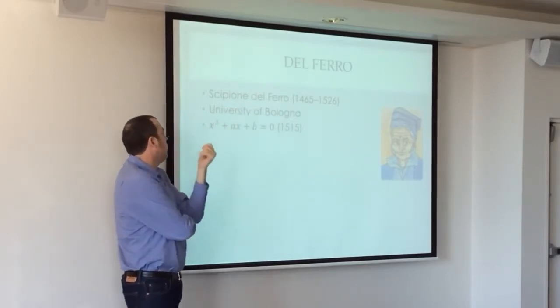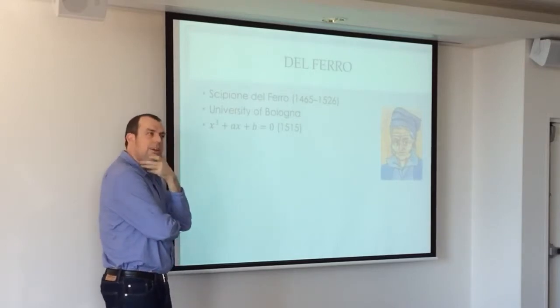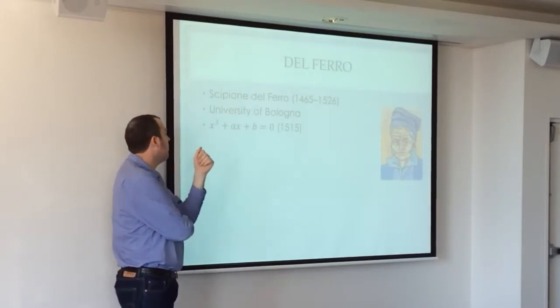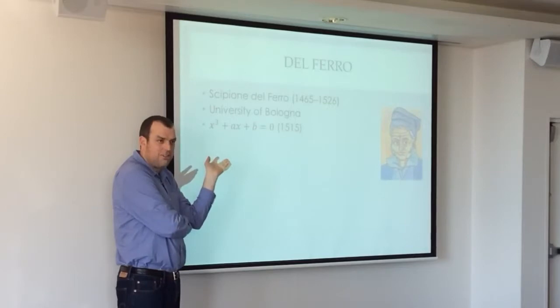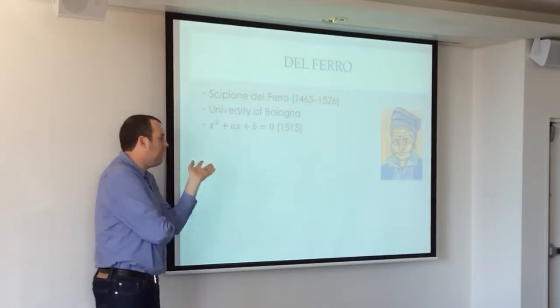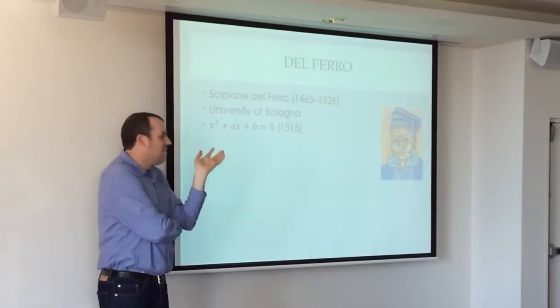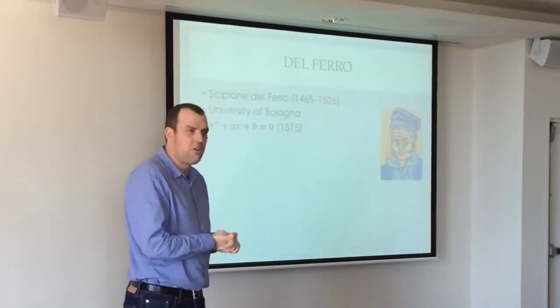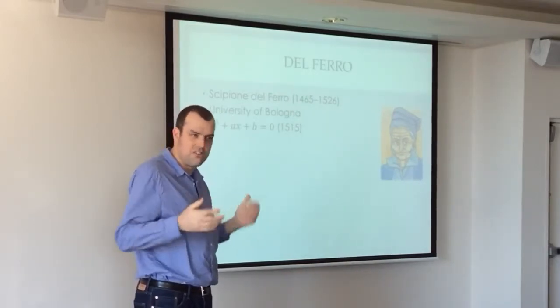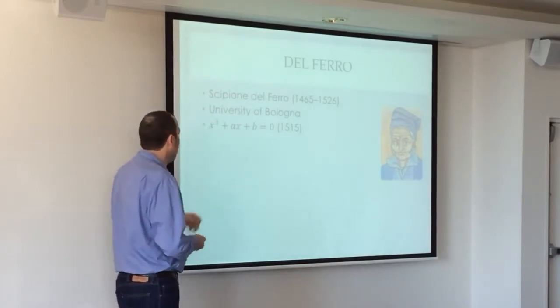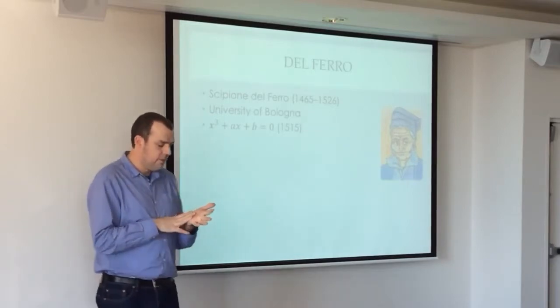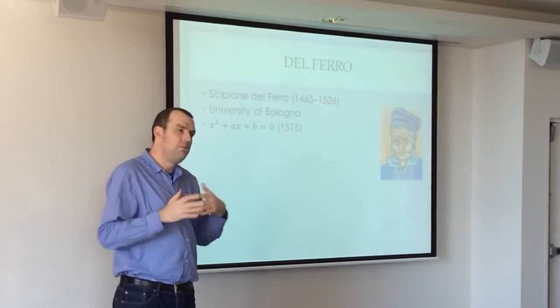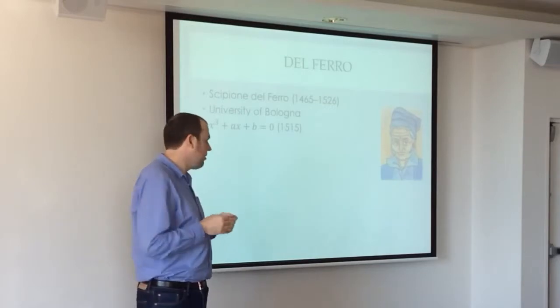So Scipione del Ferro, he was a lecturer in arithmetic and geometry at the University of Bologna. I just find it amazing that there were universities, but there wasn't in Italy at the time. Yeah. So, it seems like the principal social organisation in this world isn't nation states, it's universities. So he solved the depressed cubic in 1515, and it's very interesting, if you're not already aware of this, which I wasn't until I read that book.